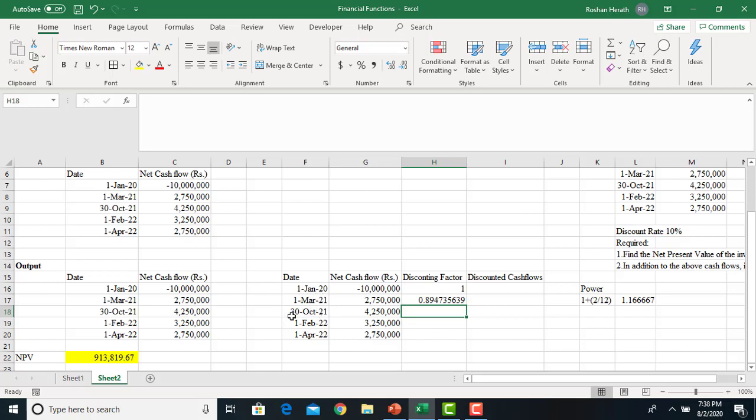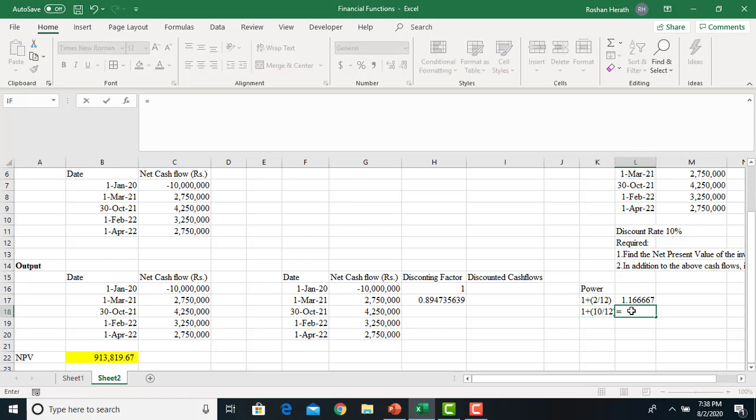30th October, in the sense 10 months have gone, no? So it's nearly November 1st. So it is one complete year and 10 months completed when the cash flow occurs. So accordingly, if you try to identify the power, it's going to be 1 plus 10 divided by 12. So it is 1.833. So if I'm to take that, 1 divided by 1 plus the discounting rate to the power